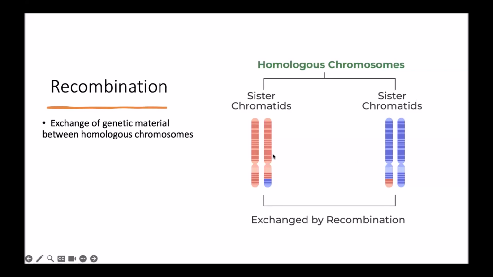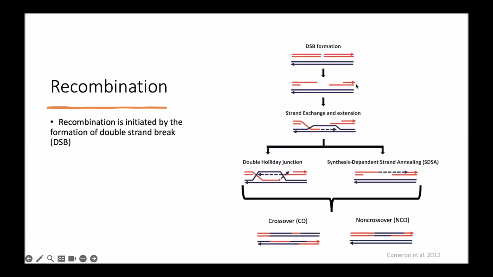Described here for diploid organisms, we have the sister chromatids formed during replication, and we have the homologous chromosomes, which include the maternal and paternal chromosomes. Recombination provides the exchange of genetic material between these homologous chromosomes. Recombination is initiated by double-strand break formation, and the ends of this break are degraded to create long